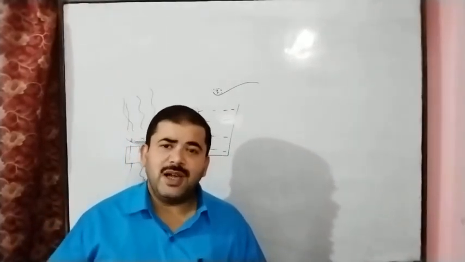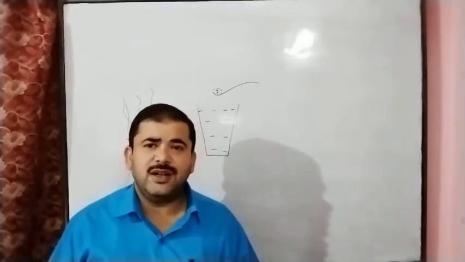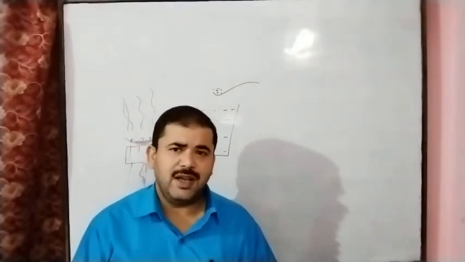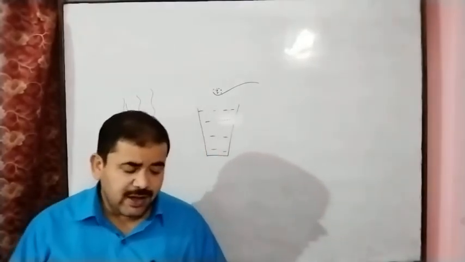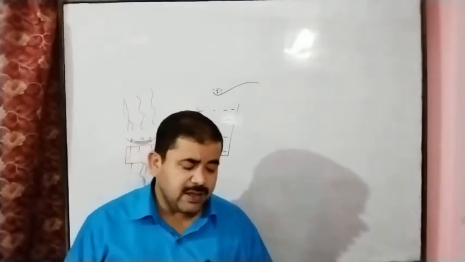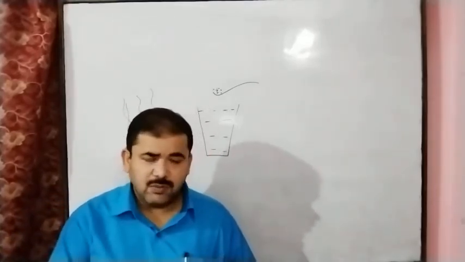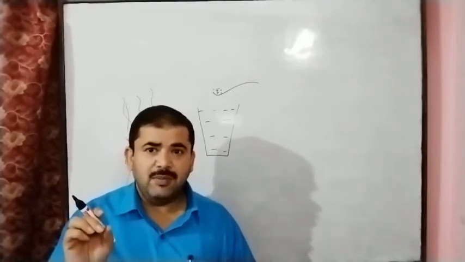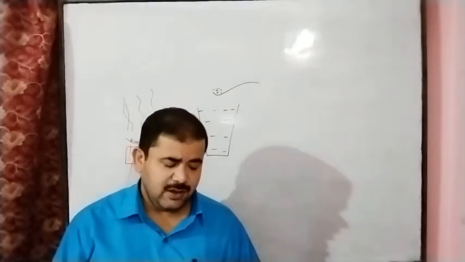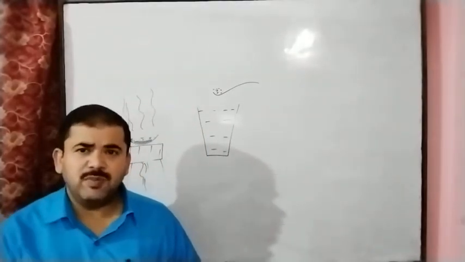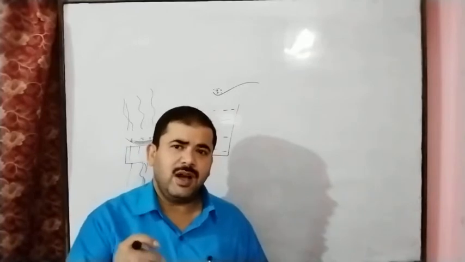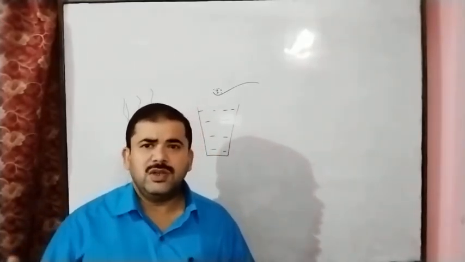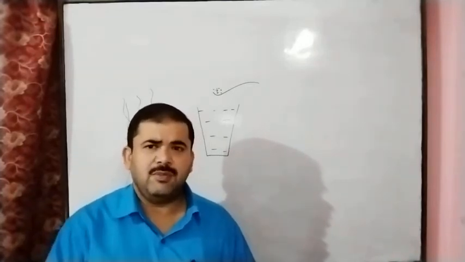And after this, a gas mixture. For a gas mixture we can take air, the best example. Different types of gases are present here: oxygen, nitrogen, carbon dioxide. Many different types of gases are present in the air. And for a solid-gas example, here we can take smoke. In smoke, soot particles are present, means heavy carbon particles are present in the air. Soot means carbon, a high percentage of carbon is present.